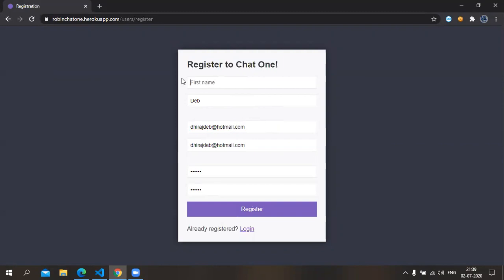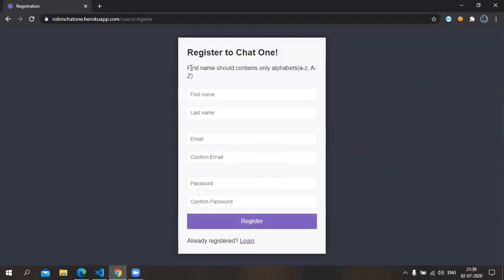Like in the place of name, a user can place numbers. If he tries, he will get an error saying that the first name should contain only alphabets. So let's try something like dot avi.